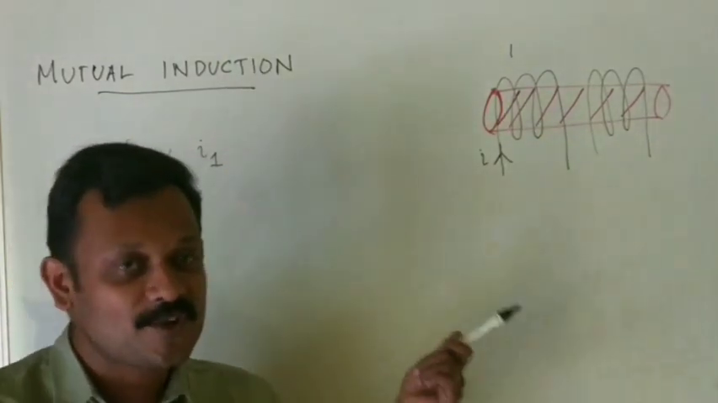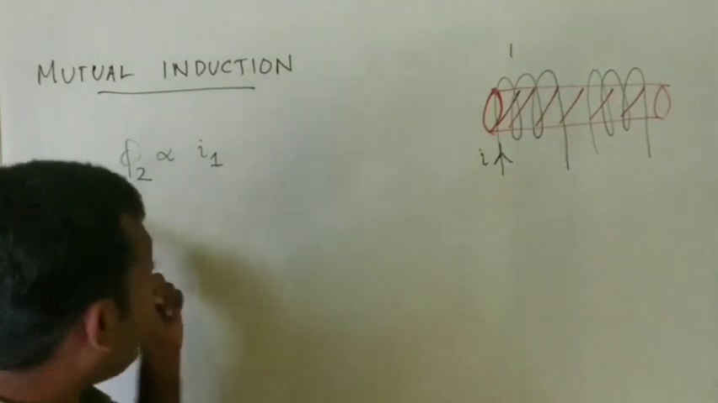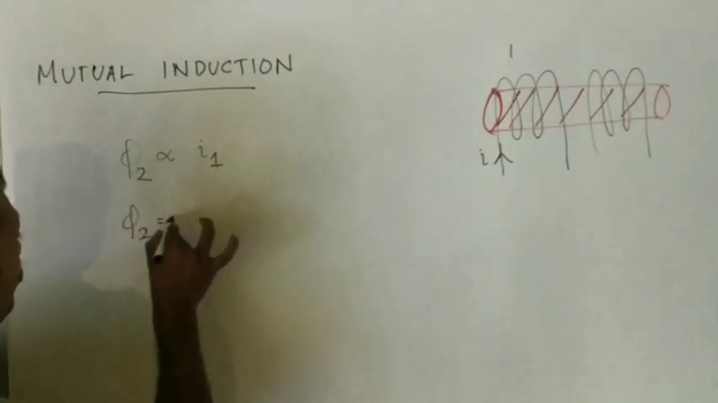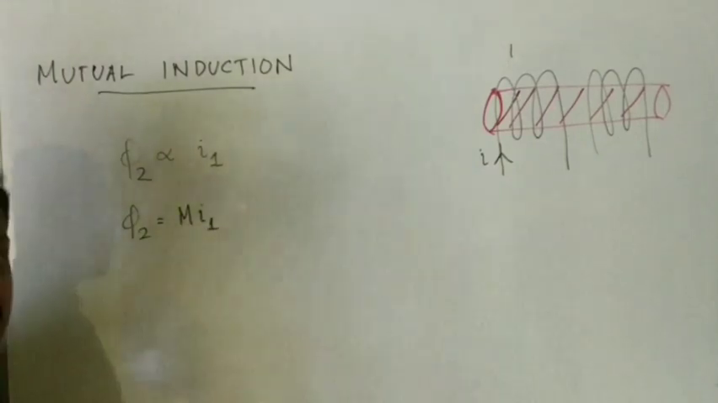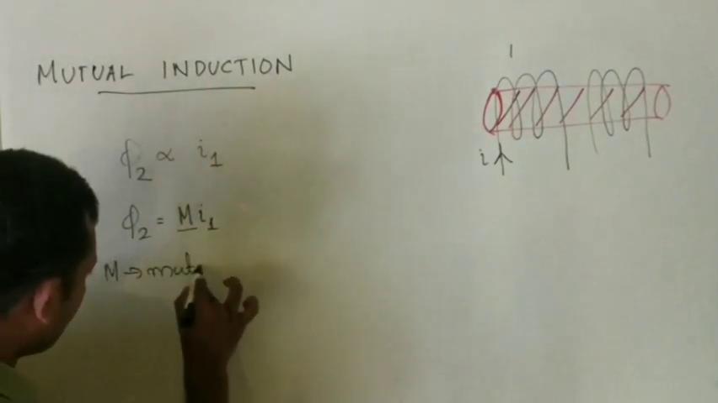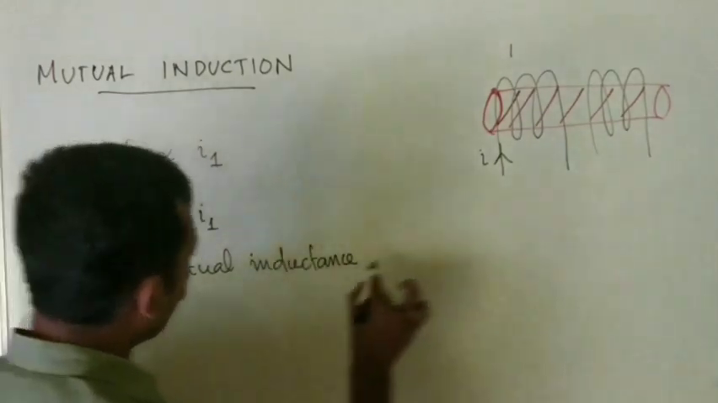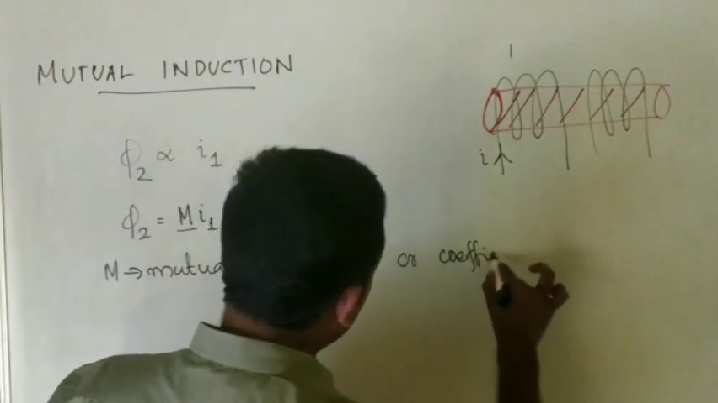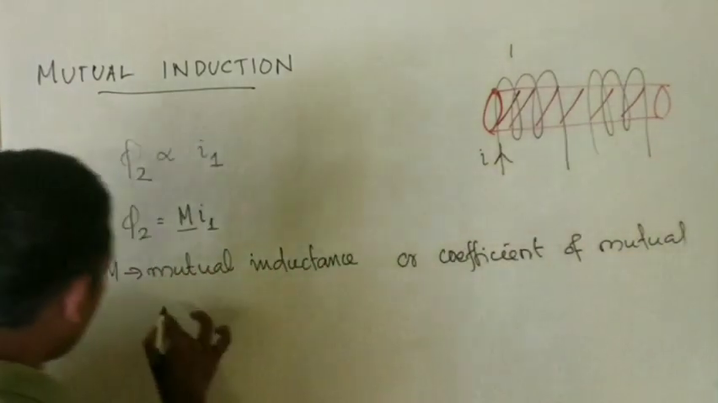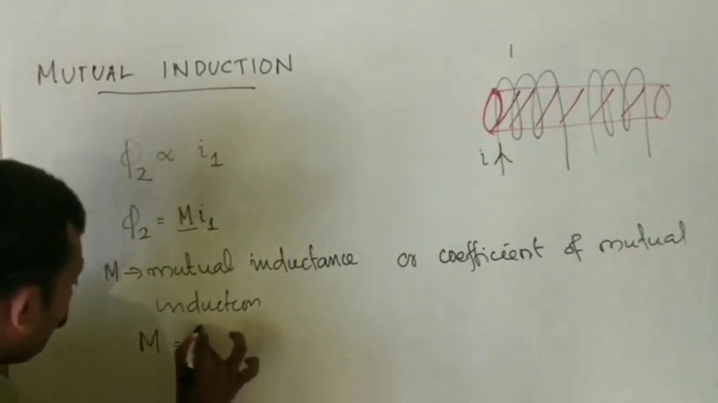Because B is equal to mu 0 mu r and I. That is the formula for the magnetic field inside this core. So the flux linked to the second coil is directly proportional to the current in the first coil. Or I can say the flux phi 2 is equal to M into I1, where M is called mutual inductance, or coefficient of mutual induction. So from here I can say the mutual inductance M is equal to phi 2 divided